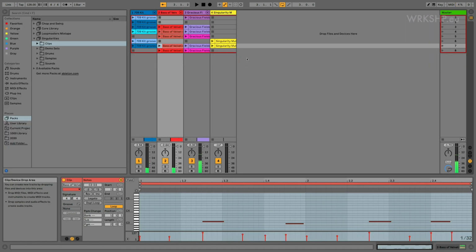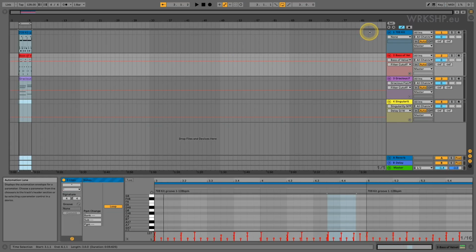So it's just basically one track can play one thing at any one time. And that thing could be sitting in the session view or it could be sitting in the arrangement view. And you can have a mix of them playing, or you can also even record clips into session view while also recording things into arrangement view. It's a really powerful setup. It's why Ableton Live is what it is, and also probably why it is so popular. But it takes a moment just to wrap your head around that concept.